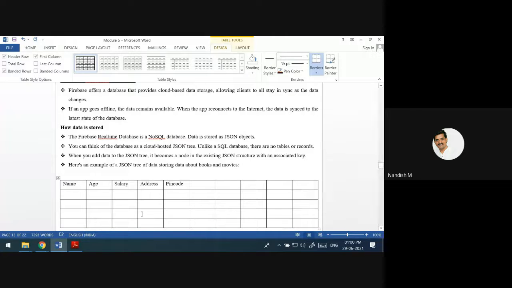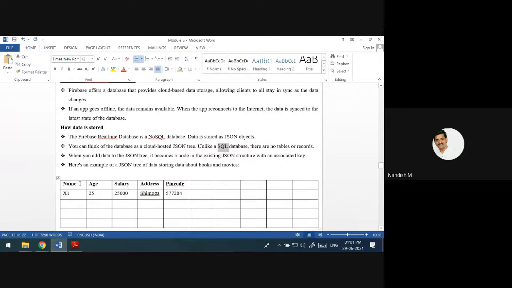In this way, there will be columns. There will be a column name. Then we are going to add the data for that. These are the rows and columns. In this way, we are going to store data in an SQL database.